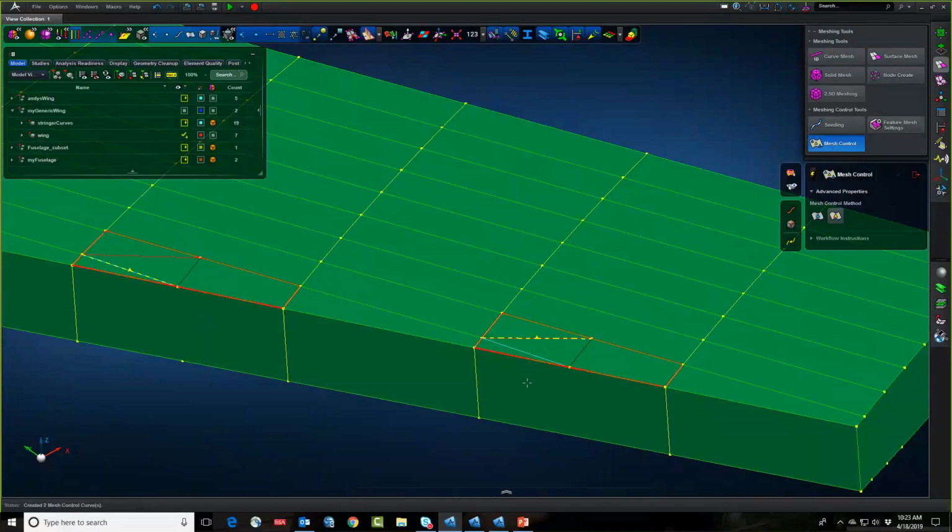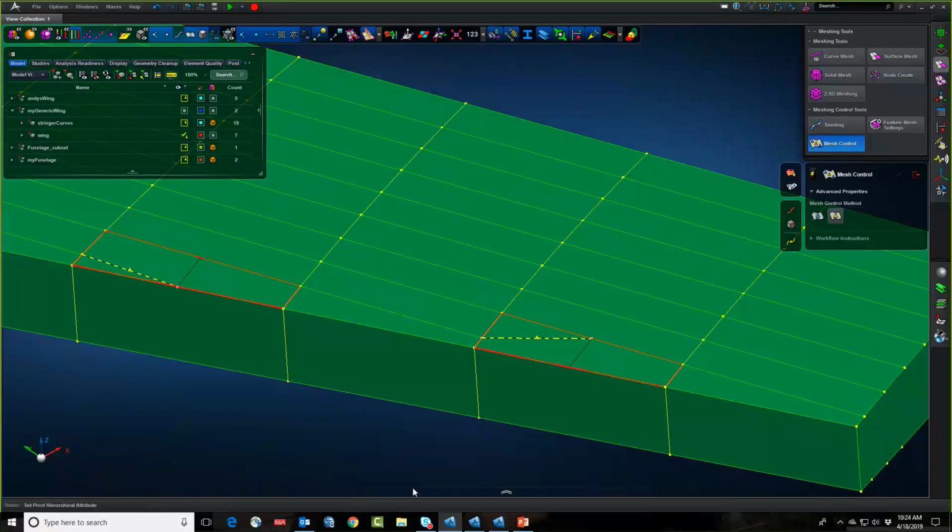And MSC Apex has updated the mesh. You can see we put a little marker to indicate this is a mesh control curve. If I hide the curves now, I can see that I've got a mesh that's exactly what I want, and I can see that I've got the triangle located exactly the way that I wanted the triangle located. Okay, so the ultimate in control for the people that are most retentive about their meshes, and I think that's